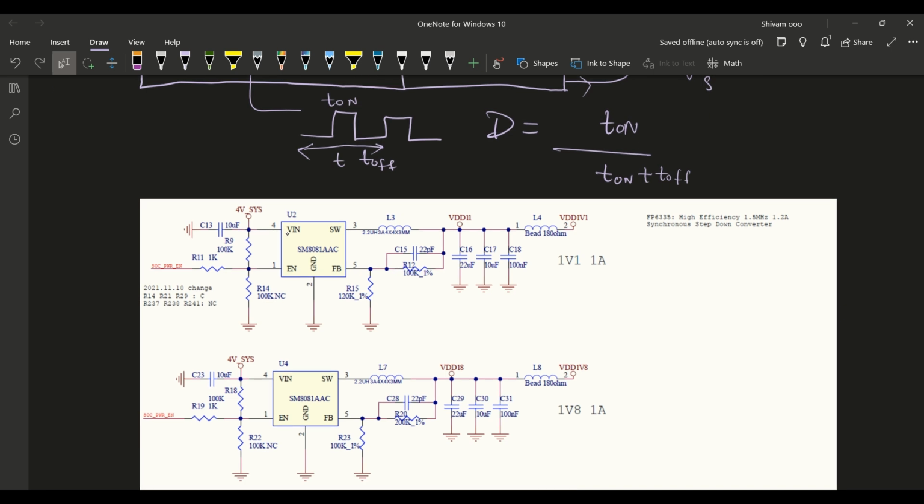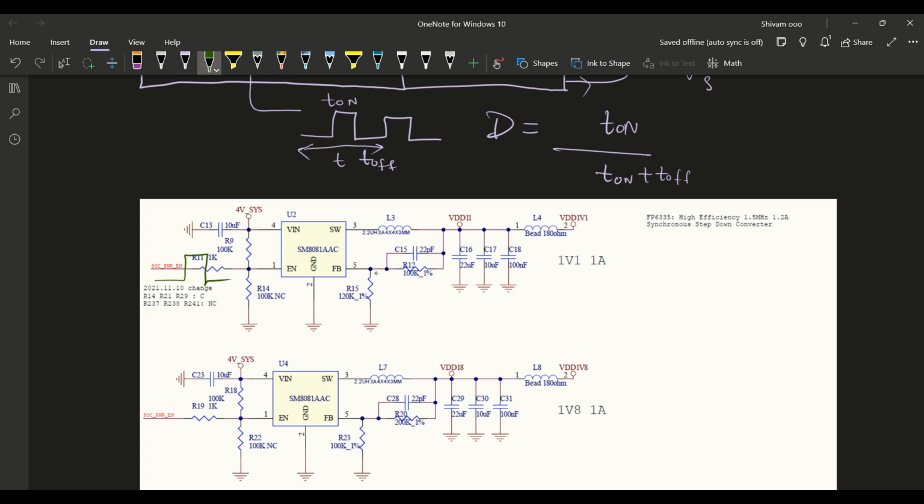This is the input voltage pin. This is the enable pin. Basically, if I make it high, what does the enable pin do? If I turn this on, it will turn on this IC. The system will give the instruction to this IC to turn on. It will give a high pulse, and it will turn on. Then it will convert the 4 volt according to the feedback